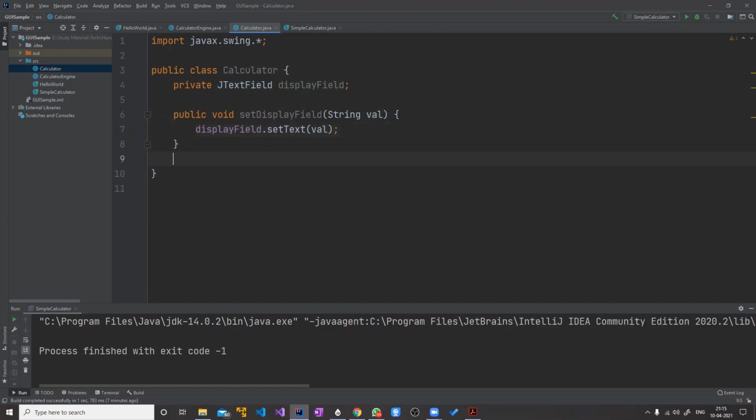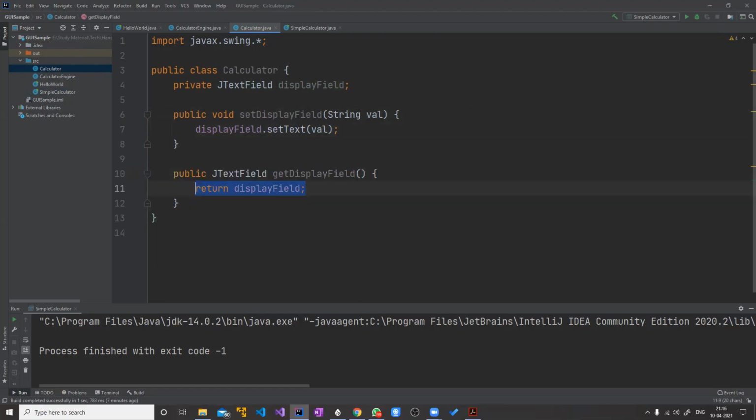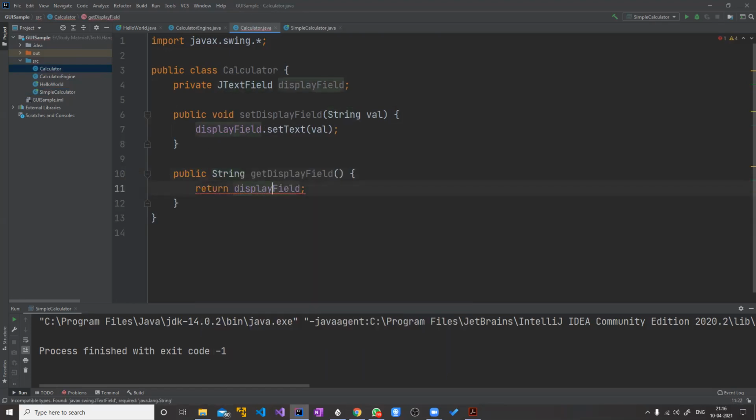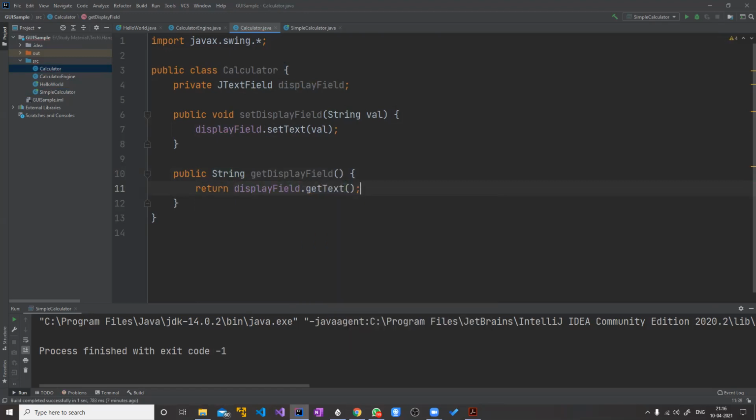That is the setter. Similarly, we have to create a getter. I have explained setters and getters earlier as well, I hope you still remember. Let it return a string: displayField.getText. So these are the setters and getters.